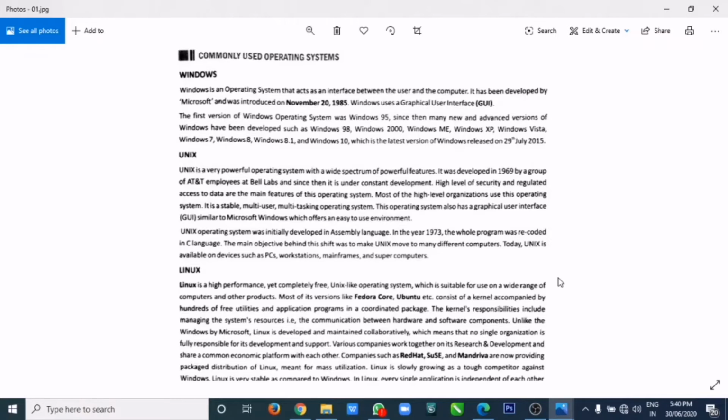Now, the second one is Unix. It is a multitasking multi-user operating system that was developed in AT&T Lab by Mr. Ken Thompson, Dennis Ritchie, and others in the year 1970. 69, you assume 69 or 70, right? AT&T is a very large global telecommunication company of the USA, America. So AT&T means American Telephone and Telegraph